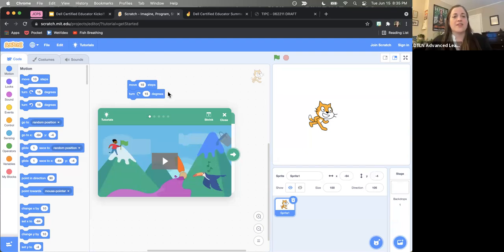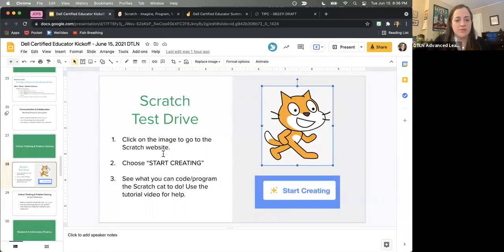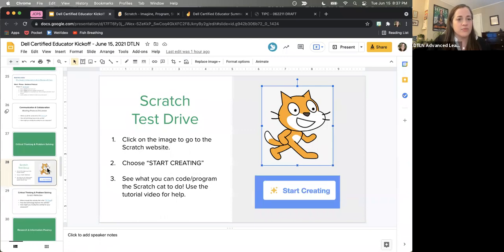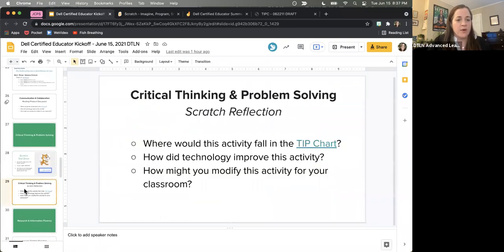Absolutely. And I love that you said it's amazing what they can do. It is when you give students the right tools, or when you have the right tools as the instructor or the support person, it's amazing what people can do with it when they're given those tools to go. So awesome. So that's Scratch. So that was supposed to be your little chance to do some programming here.